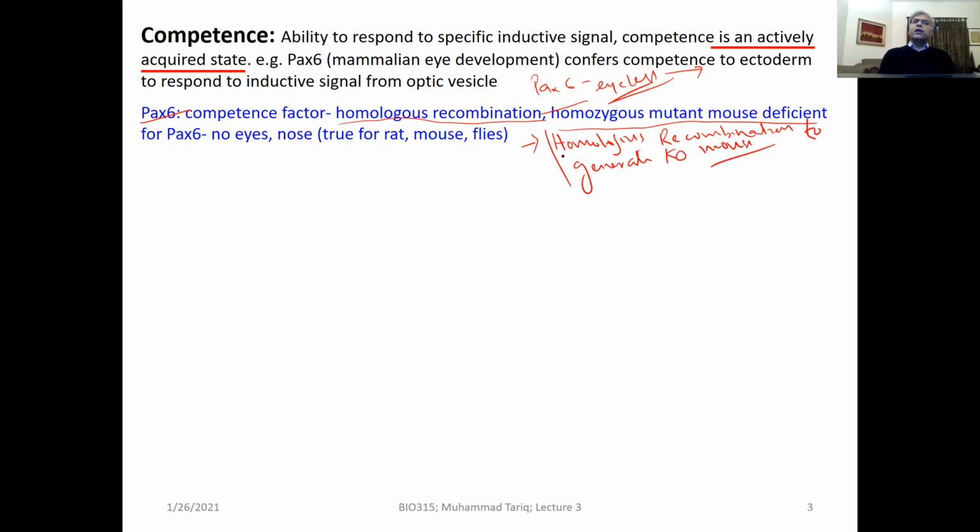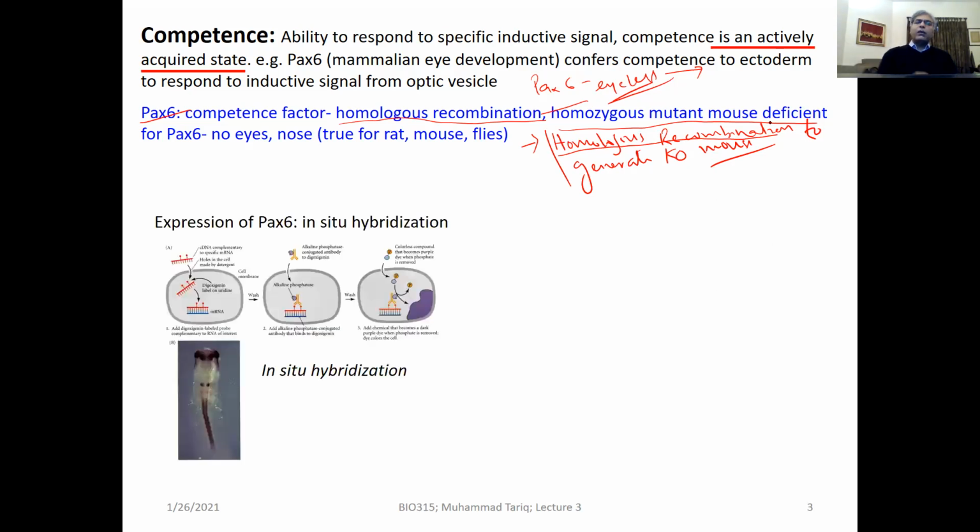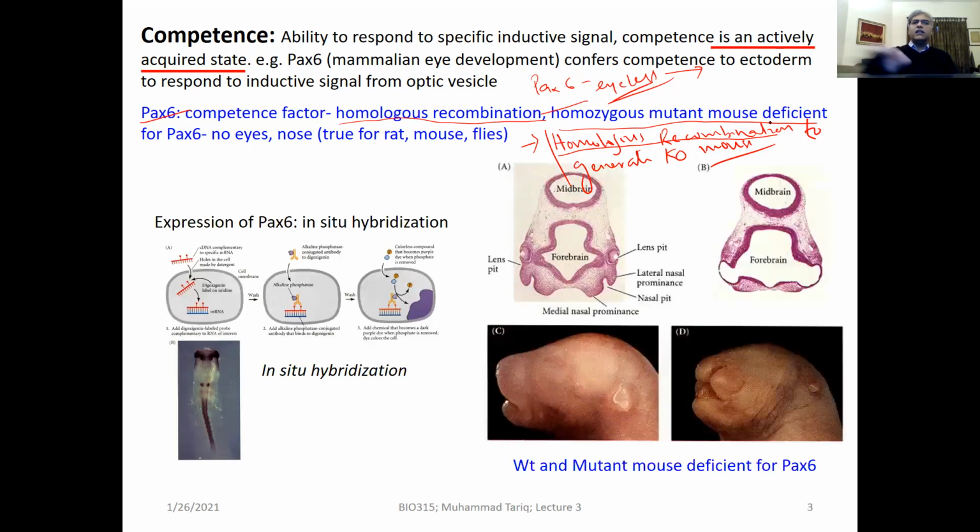You are going to understand the tool of homologous recombination, which is employed to generate knockout mouse. So when you generate a knockout mouse, the phenotype of the mouse is,